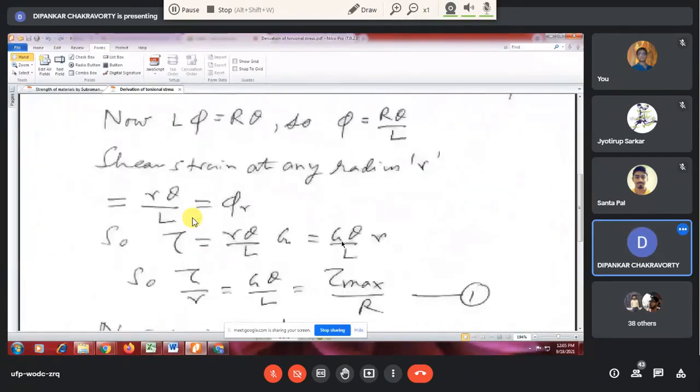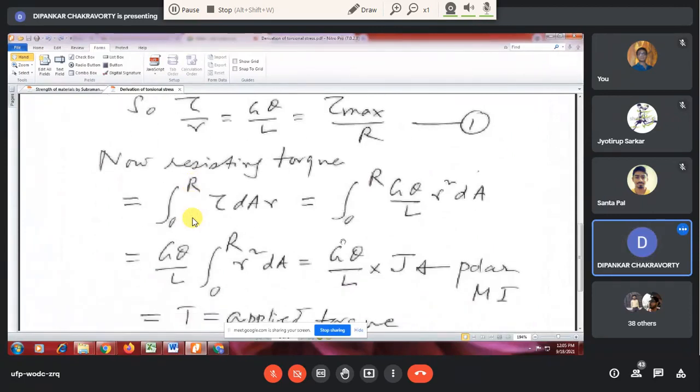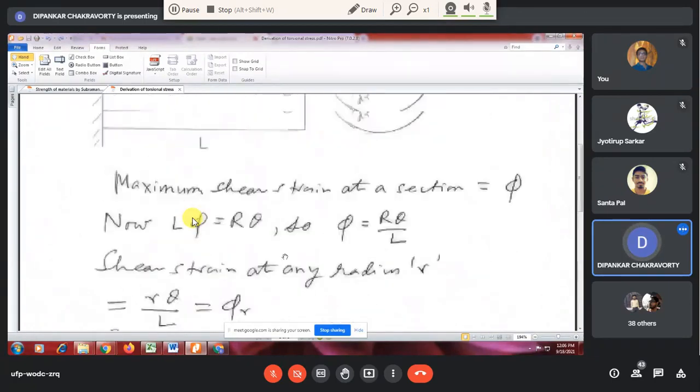And if you integrate that from 0 to R, then you will of course get the total resisting torque. Now, that total resisting torque is capital T, and dA is basically